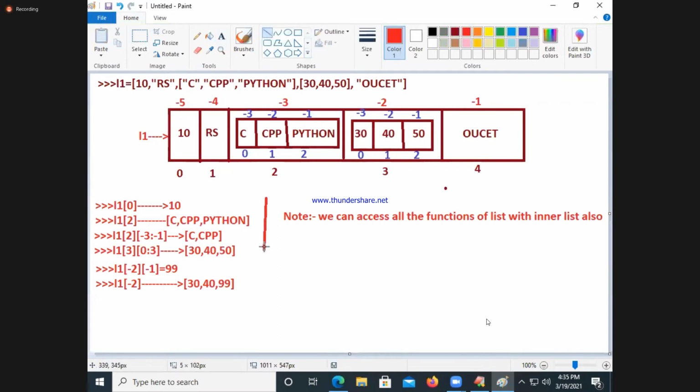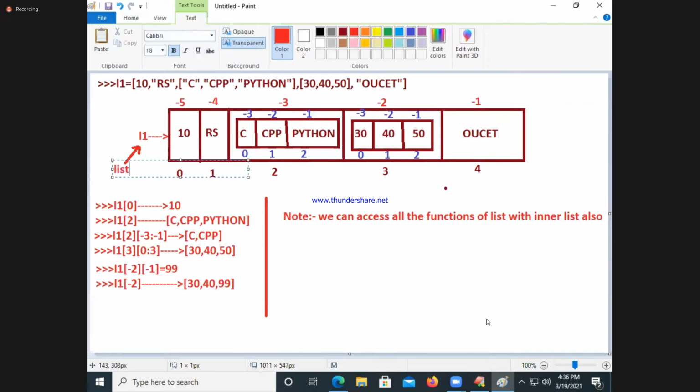Write the diagram. You need not write the first statement here; already you have that. Only this diagram you take. List OBJ.